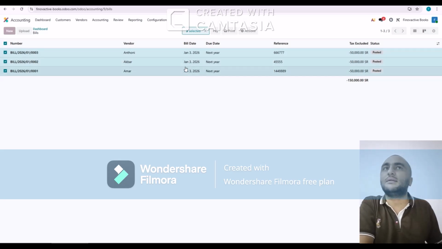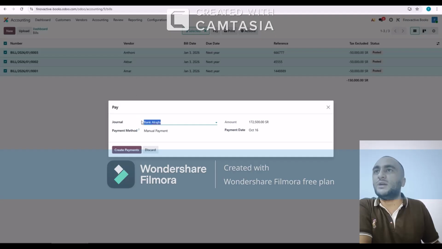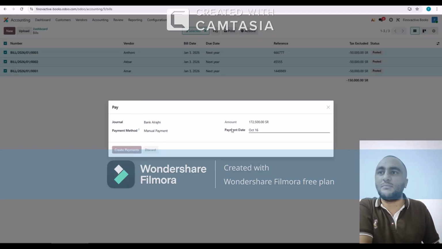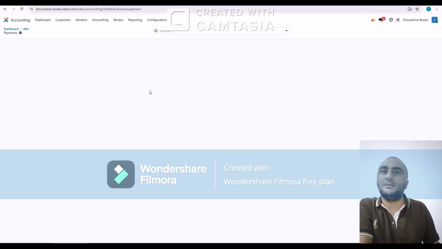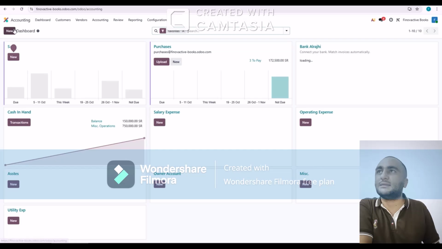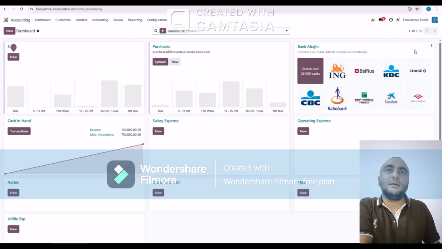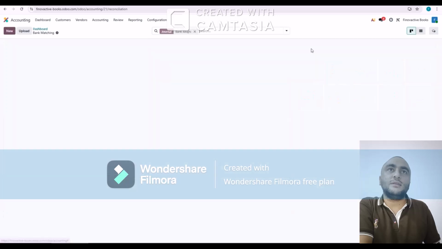It's taking a little time, but it's okay. We have 3 vendors: Amar, Akbar, Anthony, and we will pay them via bank Raji. 172,500 in total, as tax is included again. So now you can see these all get paid, but the second part is when you see in the bank